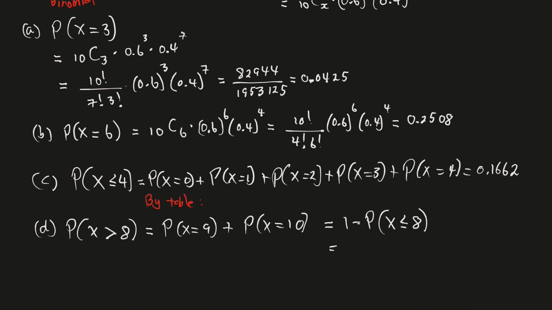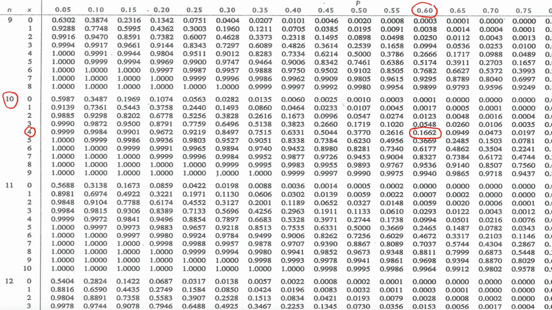And this we can find in our table. So let's jump back to our table, right? So we want less than or equal to 8. So here's our 8. It's the same n and p. So there's our 8. And then we go over here. And hopefully you can see that